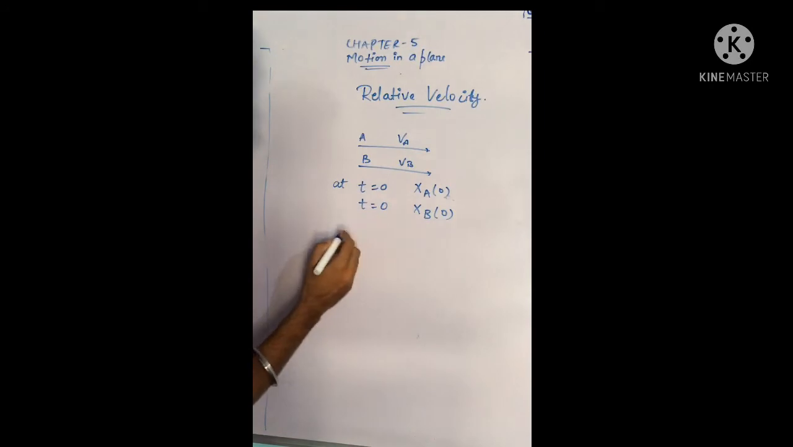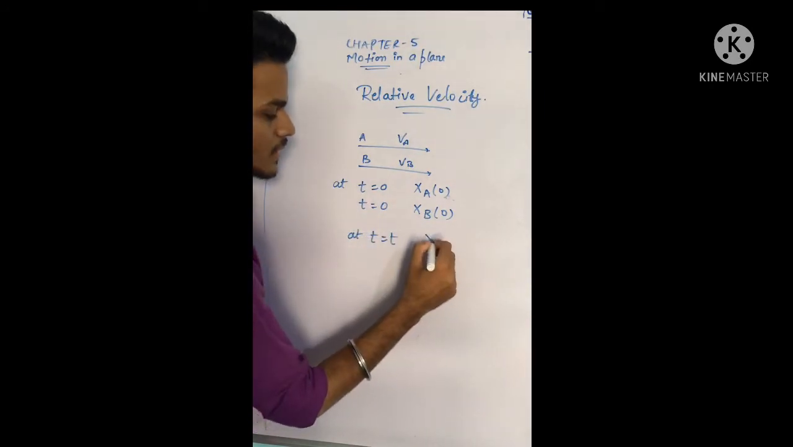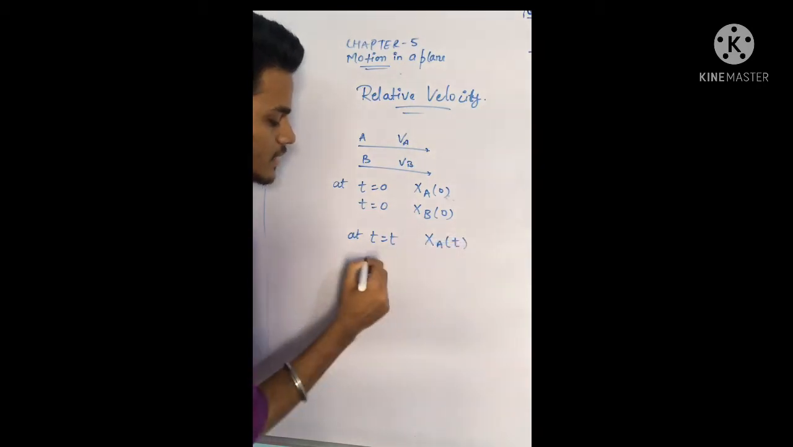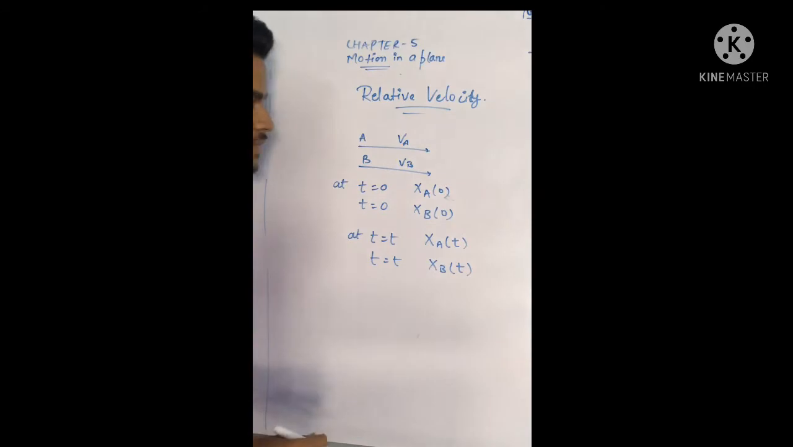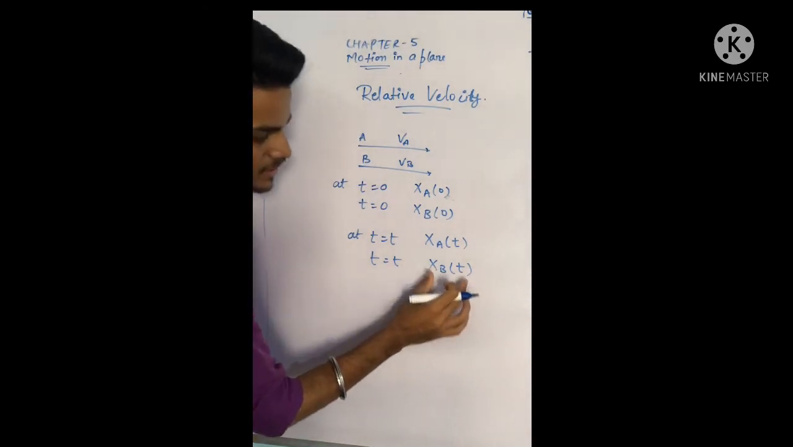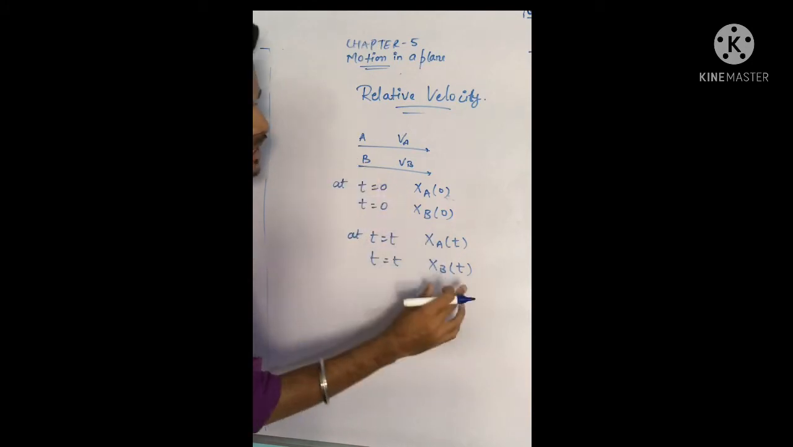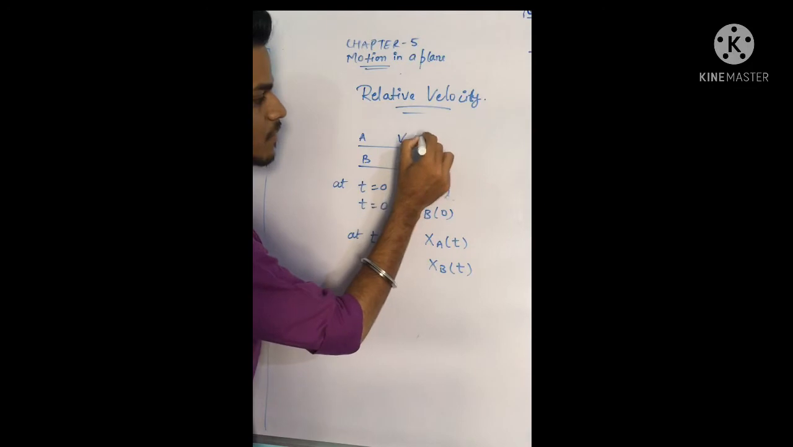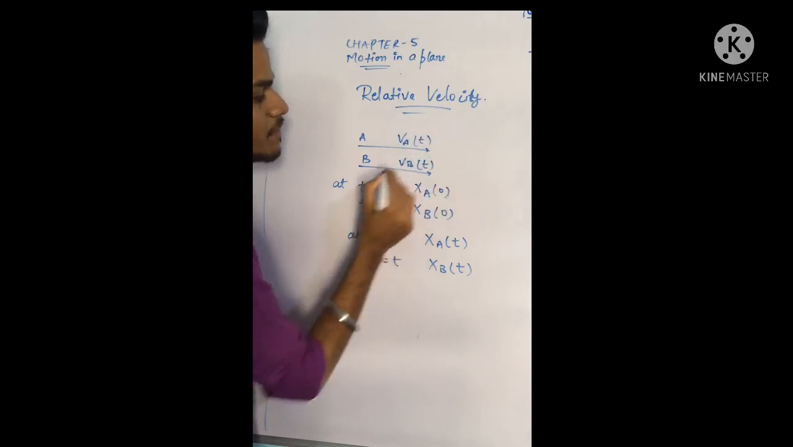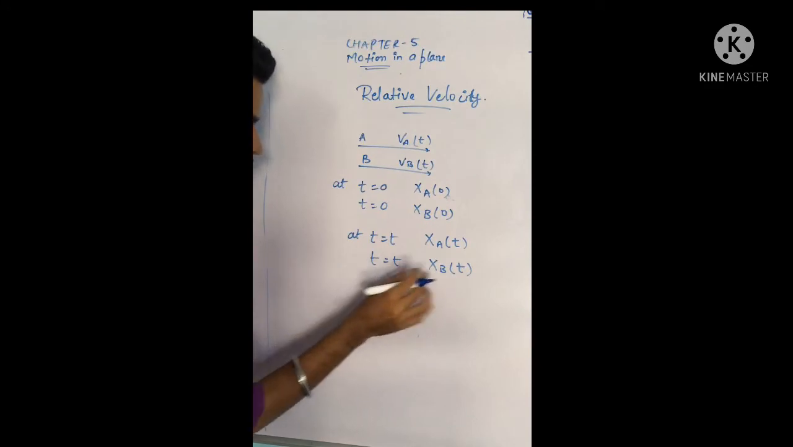Now after some time, at time t equals t, let the position of a be xat, and the position of b be xbt. So we have to find what will be the position of a after some time, and what will be the position of b. So if the bodies are traveling with the velocities va and vb at time t, we can easily